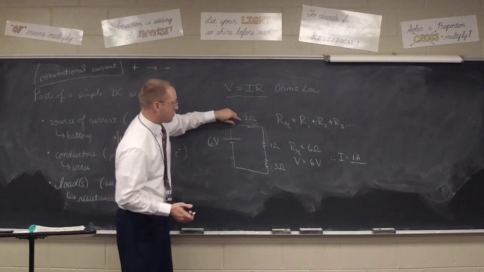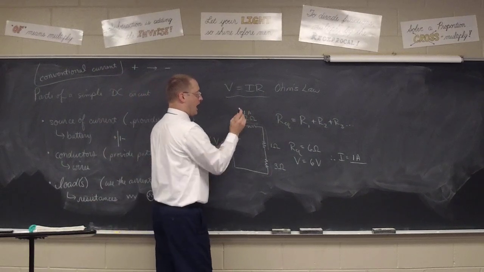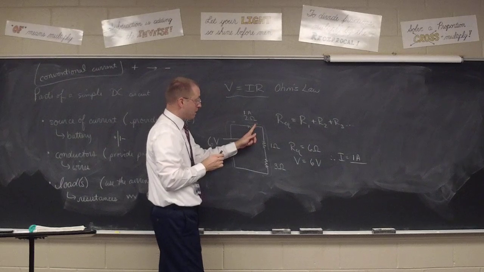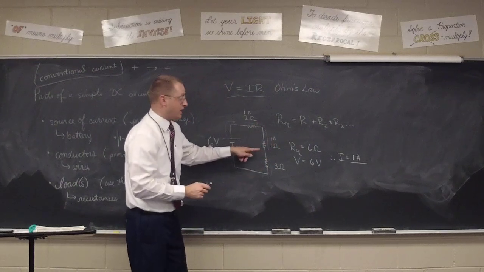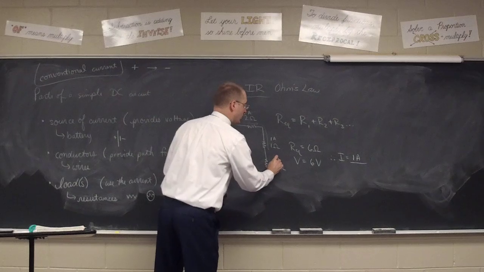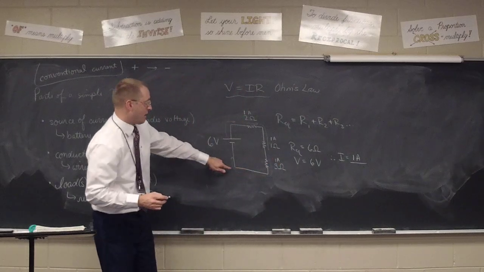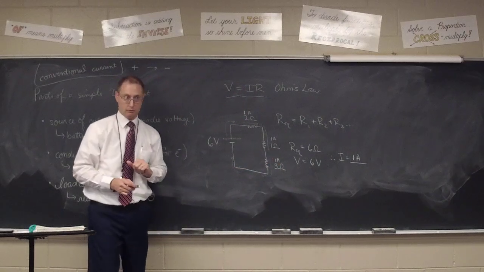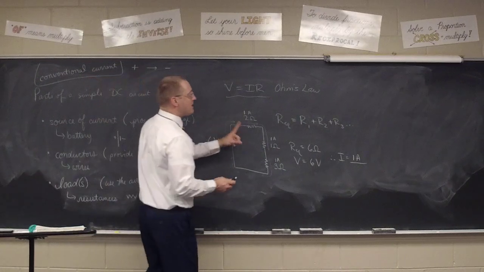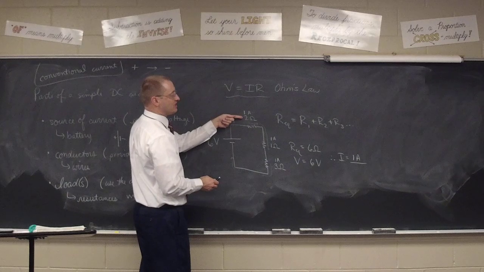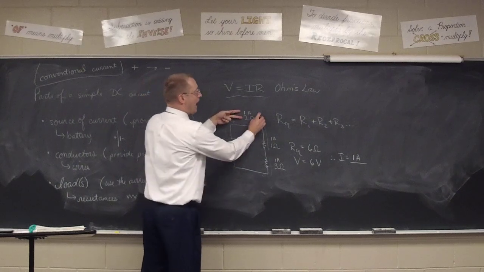1 ampere's worth goes here and crosses the 2 ohm resistance. That same 1 amp comes here and goes across the 1 ohm resistance. That same 1 amp goes here across the 3 ohm resistance, and that same 1 amp comes back to the battery for another boost. Does that make sense? There's no other options. What that means is if I know the resistance and the current, I can then find